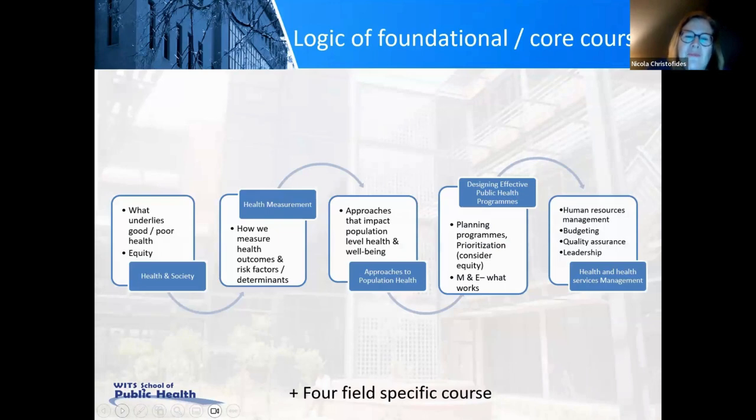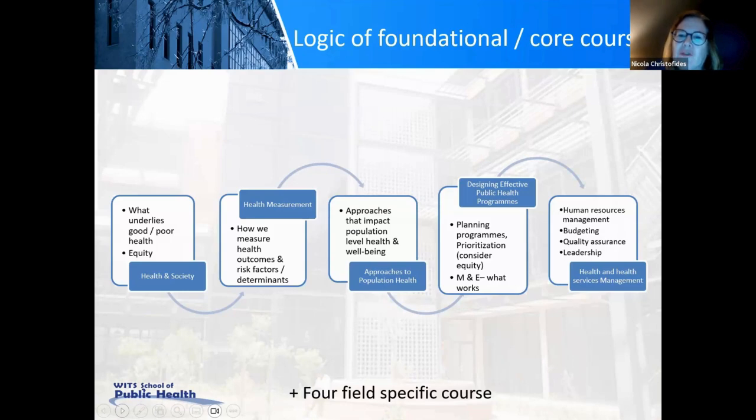Then they move on to thinking about how to measure health outcomes, risks and determinants through the introduction to epidemiology and biostatistics, which we call Health Measurement 1. And then they go on to do a course, which is now going to be combined, that deals with the approaches that impact health and well-being at a population level.